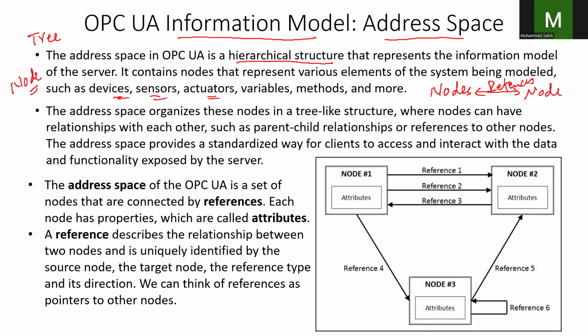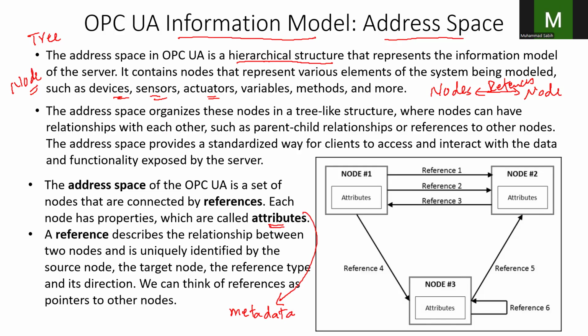This allows the server to express the relationship between the elements, for example, parent child, functional association, or dependency links. So each node includes properties which are called attributes, and these attributes define the metadata, like names, values, status,